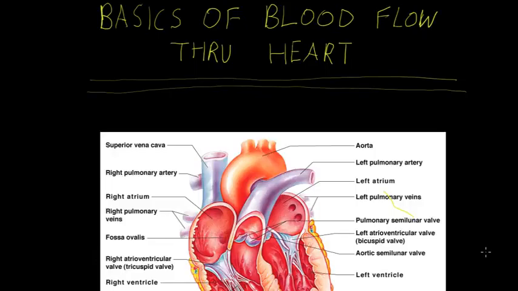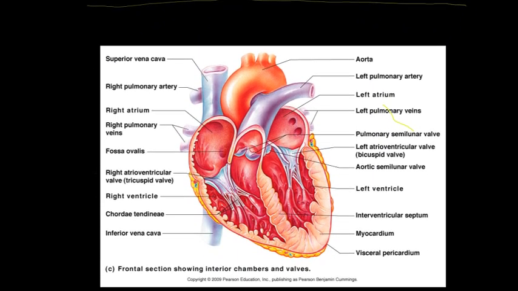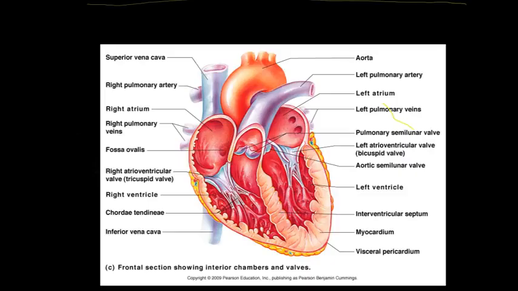In this video, we're going to be going over the basics of blood flow through the heart. And the heart is absolutely vital in shuttling blood both to and from the lungs as well as to and from the rest of the body. The heart basically takes blood to the lungs, and in the lungs the blood loses most of its carbon dioxide and gains a bunch of oxygen,